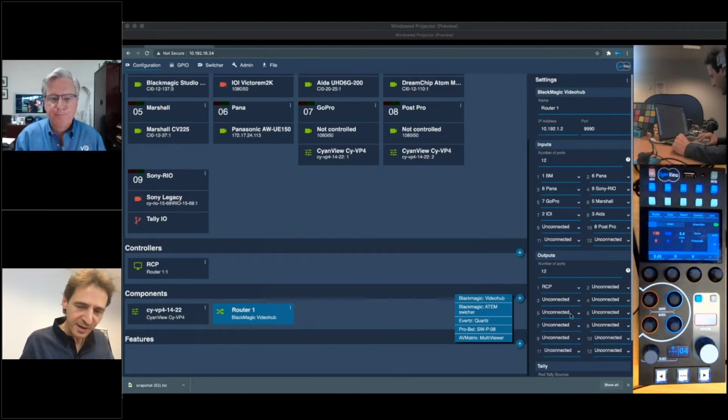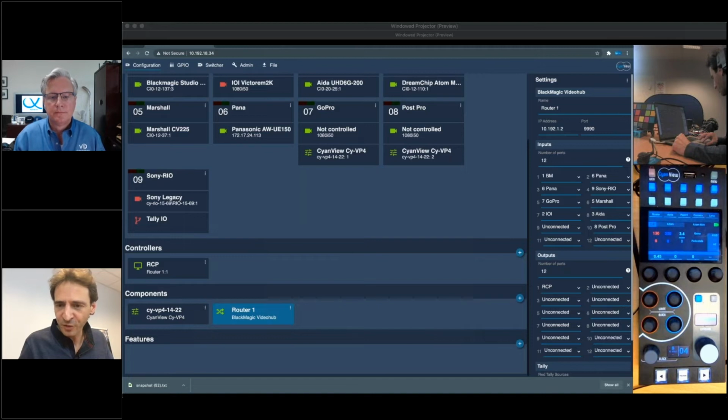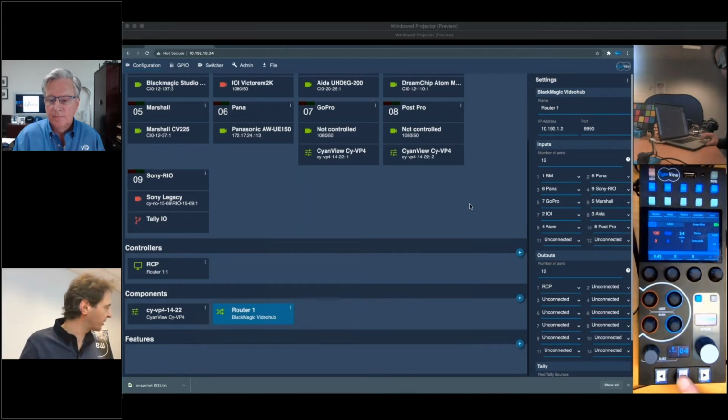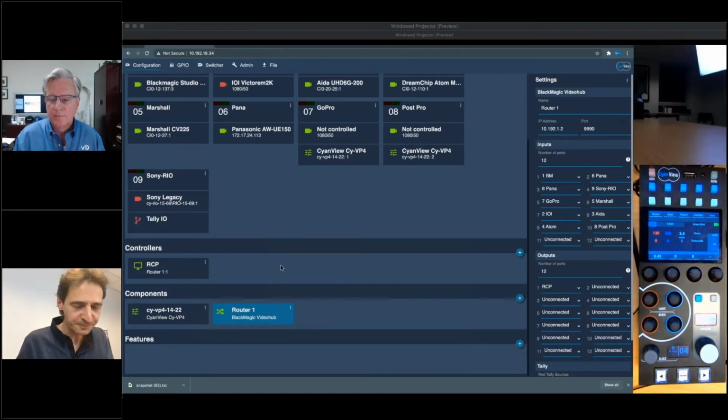So you just add a block there, and in the properties of that one, you put its IP address, then you select the number of inputs you want, the number of outputs, and you will not see the drop down, but in that line 9 there is unconnected, and this is where I had the ATEM connected. So I will just select in the list ATEM. You will see it now. I selected ATEM there, which means that now if I press on the preview button, you just saw that